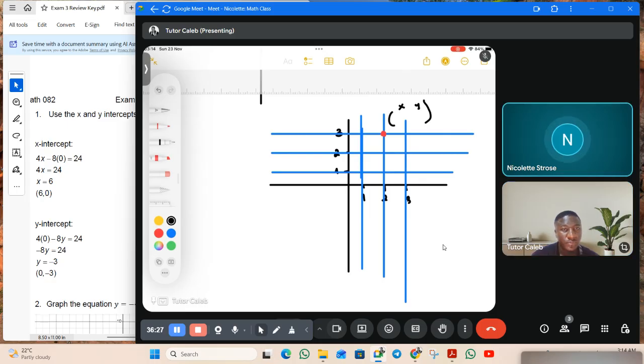Well, the x coordinate will be 2 and the y would be 3. Excellent. Let me indicate another point. If I put a point here, what is the x coordinate and the y coordinate? The x coordinate will be 3 and the y would be 1. Excellent. It's the same thing like if they ask you to plot the point 3, 1, you're going to